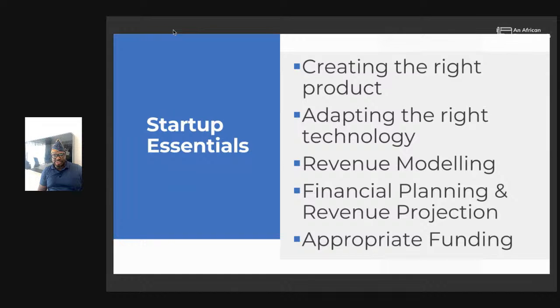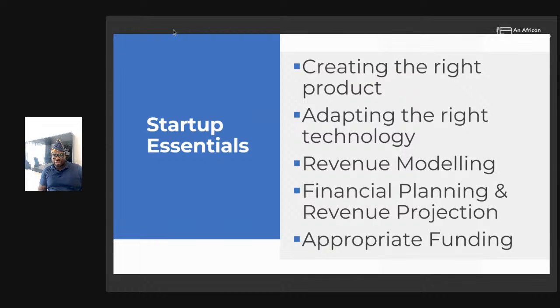And also making you understand that for every product, there's a uniqueness in a different environment. The fact that a product works well in the US does not mean it's going to work well in Africa. It depends on a lot of factors: the government policy, the legal frameworks within the environment, the exposure of the people, the accessibility, the infrastructure, and all of that. These are things we're going to take you through to help you identify the right product. It's not about creating a product, it's about creating the right product for the environment and the market you are trying to create for.